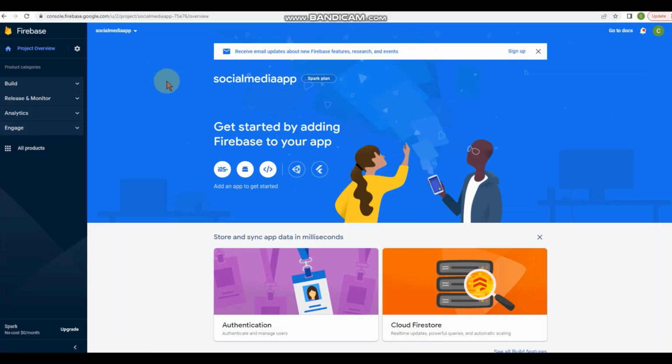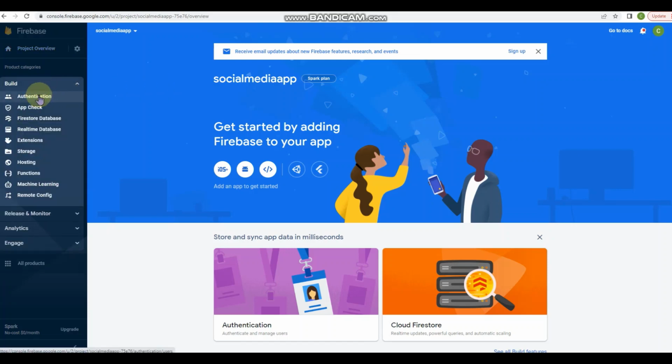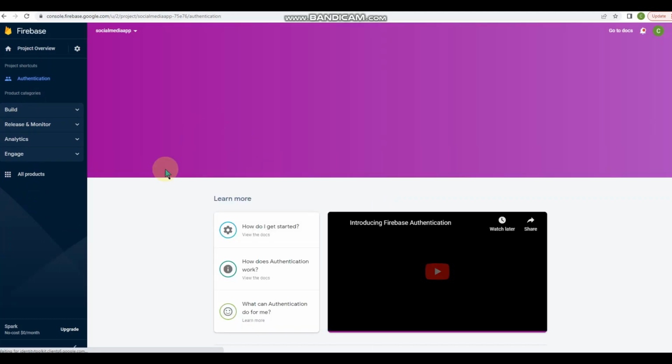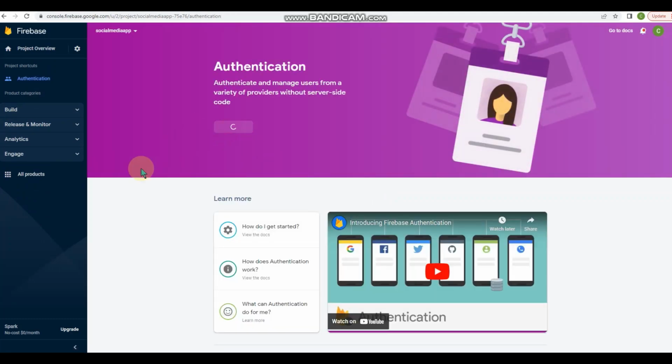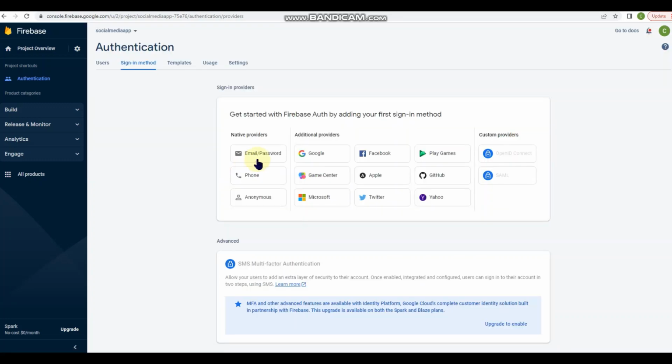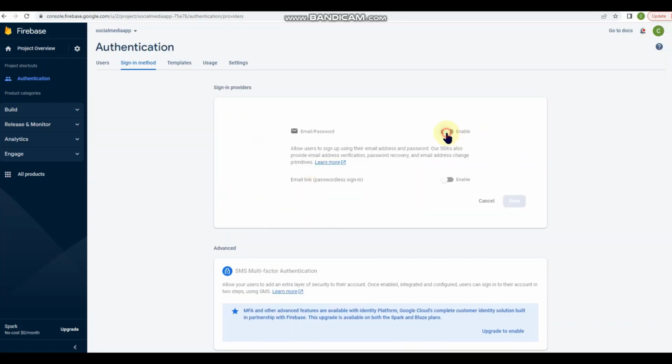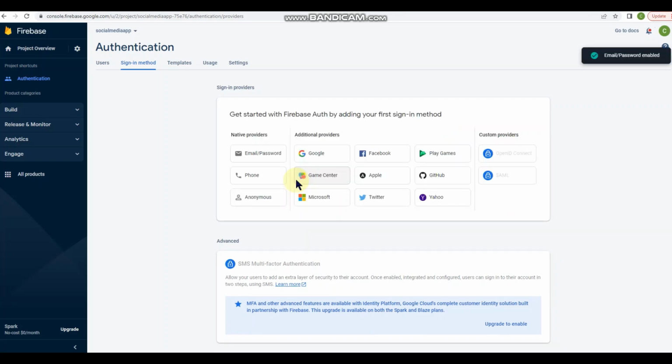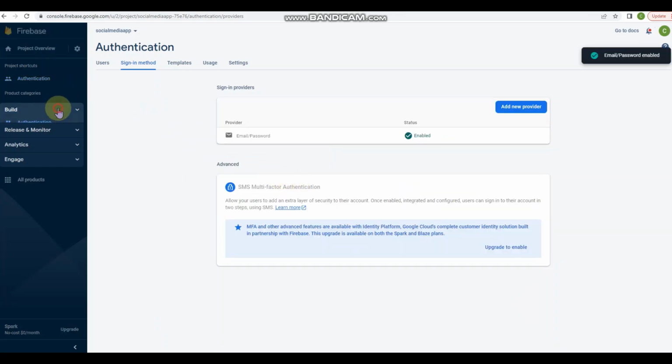All right, so now that I've got my Firebase set up, I'm going to go to the Build tab and create authentication so that I can authenticate users. I'm just going to do email for now. And go back to Build.